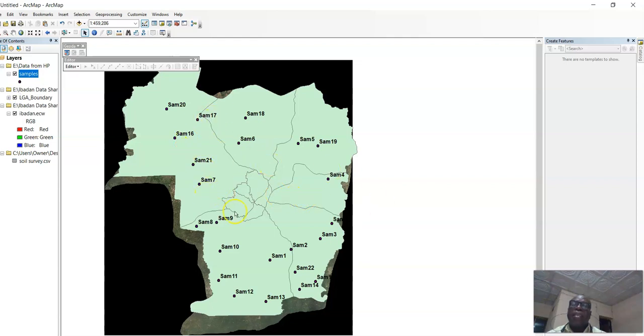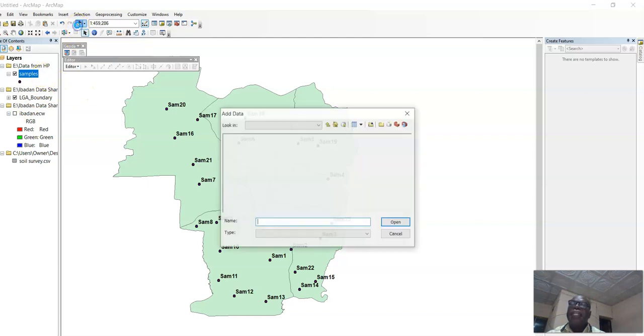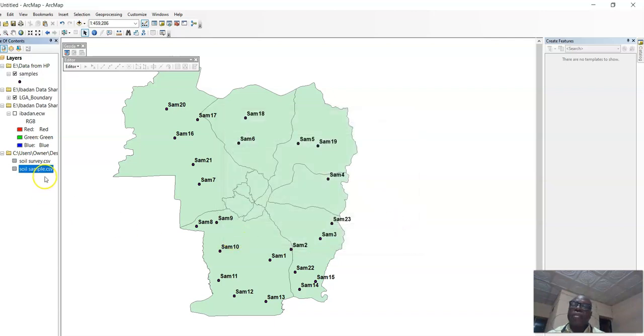These are the spatial distribution of the samples in the local government. So we want to bring in the data that we have just saved. That was a soil sample CSV file. We had it, and it has come here, the soil sample CSV file.